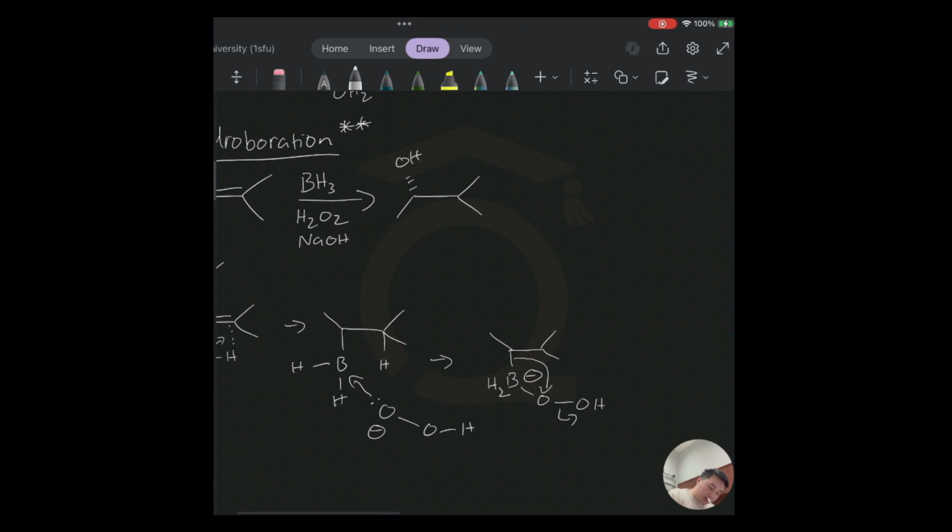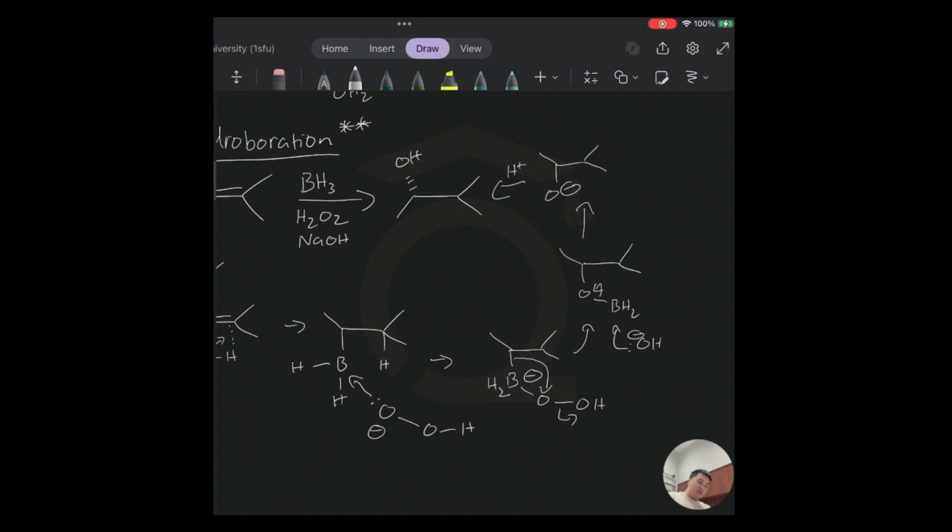So you're going to get H2, okay? And then the OH that got kicked out is going to be OH minus, right? And so that can come in and attack the B, kick it off the O, and so you're going to end up with an anion, an oxyanion, like this, which then can be protonated, right, to get you your product,